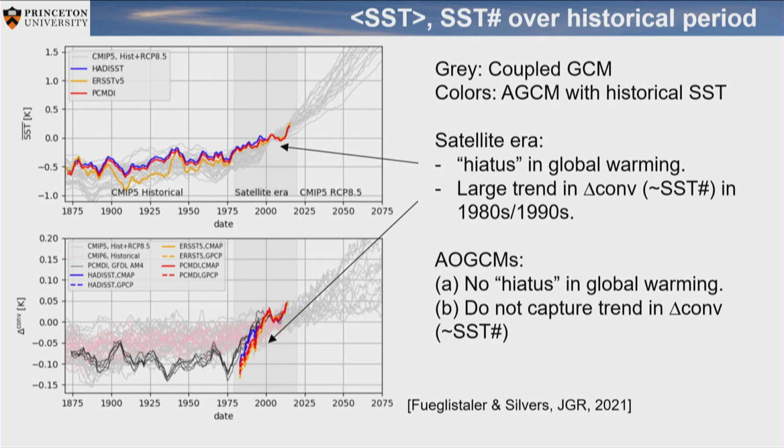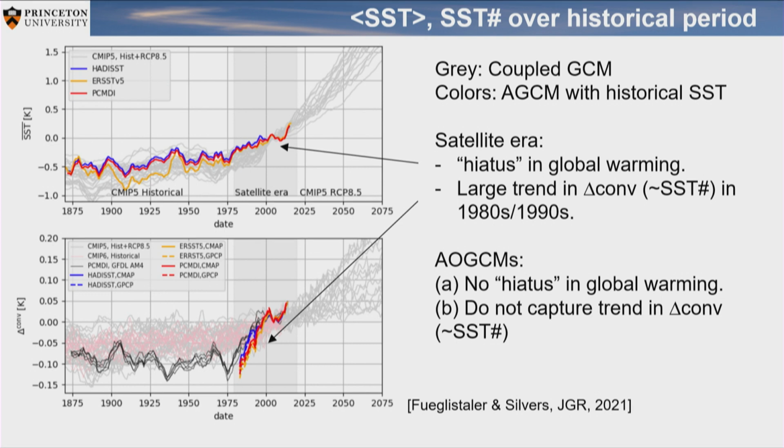So what I show you here in gray are the CMIP6 coupled atmosphere-ocean GCM results. It's the mean temperature, and so I have a lot of models with a lot of realizations. So each line is one model and one ensemble member. And I'm also looking at what they do in terms of this metric, warmest versus average sea surface temperature in the tropics, and that is what I have down here. The pink here, I've added then also the CMIP6 historical simulation. The gray is CMIP5 historical and RCP 8.5 simulation. So it's just a whole set of coupled simulations.